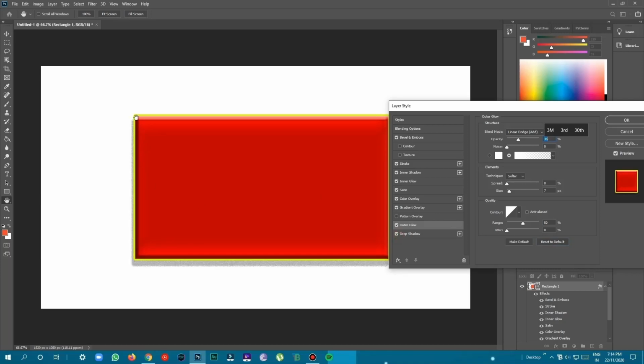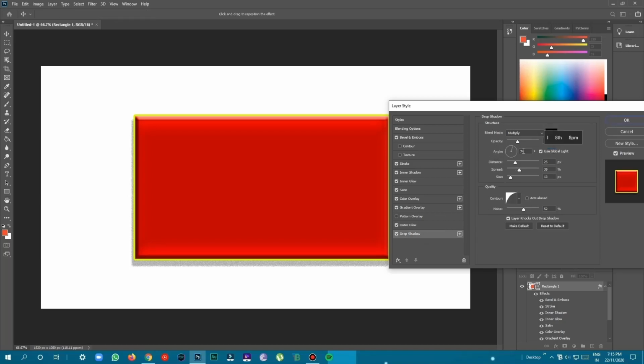And this is the drop shadow. It's the opposite of the inner shadow. It has the shadow outside the rectangle, which looks nice. Here we can change the opacity so that we can have a deep shadow, but much deeper doesn't look like a shadow, so I'm going to decrease the opacity.